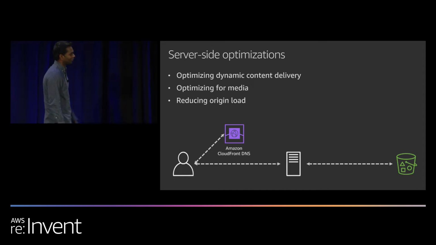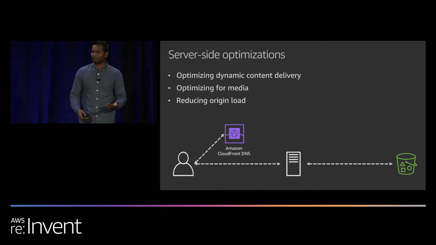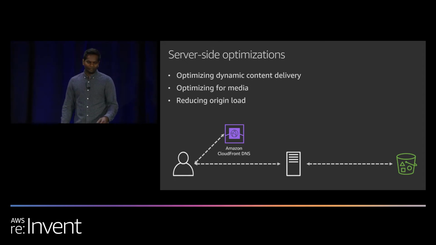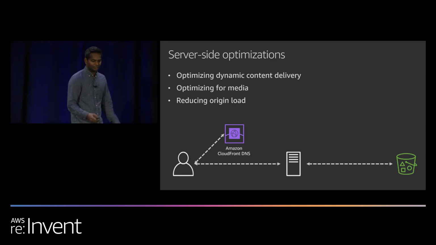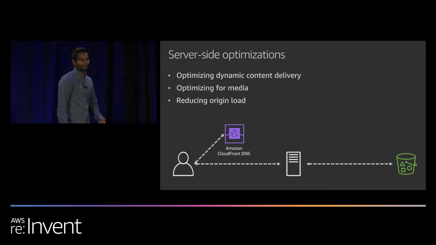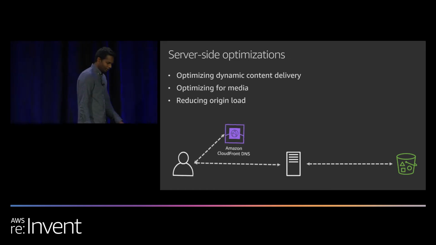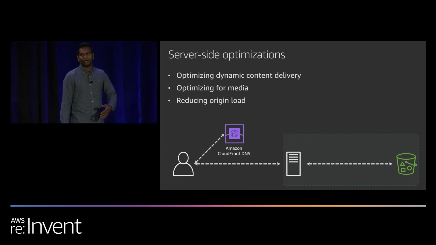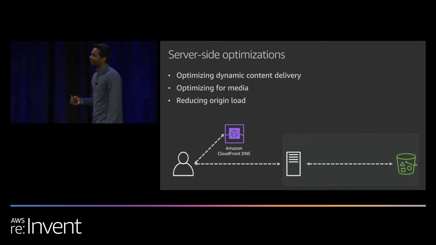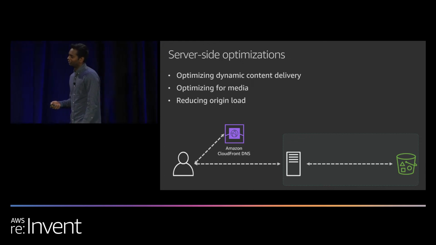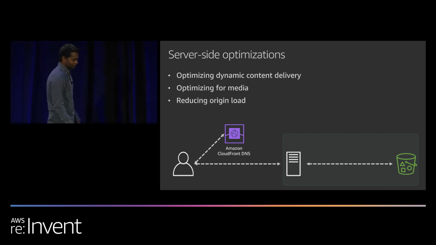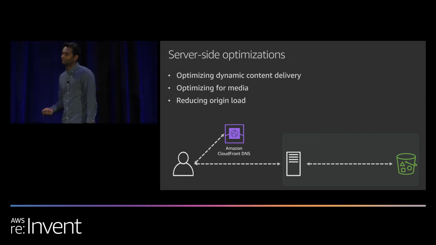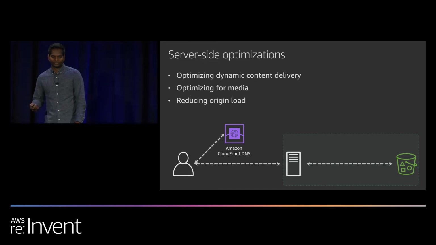So Tino talked about all the network challenges we face and some of the optimizations we do on the network side. And because of that, we know that the request ended up on the best possible POP for your customers. In my part, I'll talk about the different optimizations we do on the server side and towards the origin while we fetch the content. Specifically, we'll talk about how we optimize dynamic content and media workload, and lastly, we'll also talk about what we do to reduce the load on your origins.